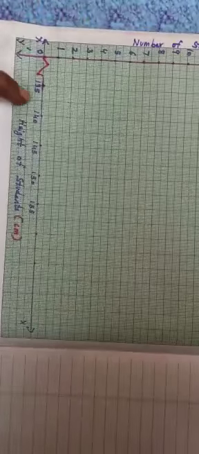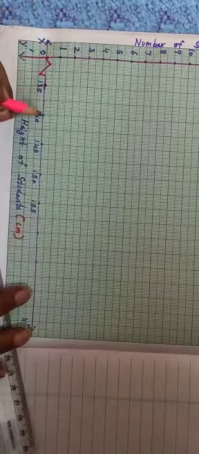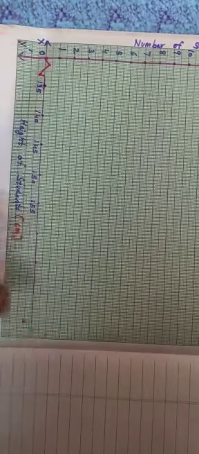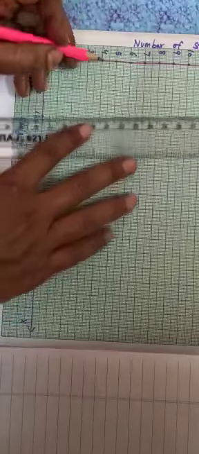Now we have to draw rectangles. As is being given, the class 135 to 140 should be taken as the base of the rectangle, and the frequency 4 should be taken as the height of the rectangle. Remember the frequencies 4, 12, 16 and 8. So we will start with the first one, 135 to 140. This is our base for the rectangle, right? And the frequency given is 4.